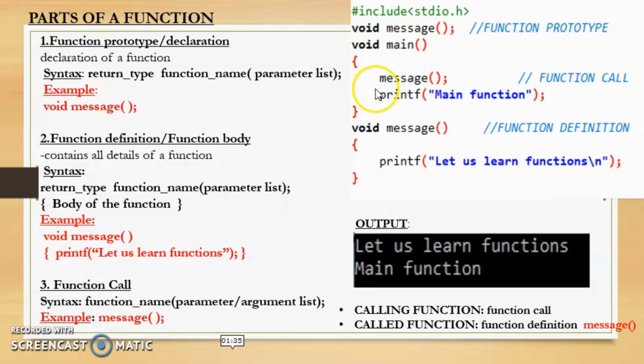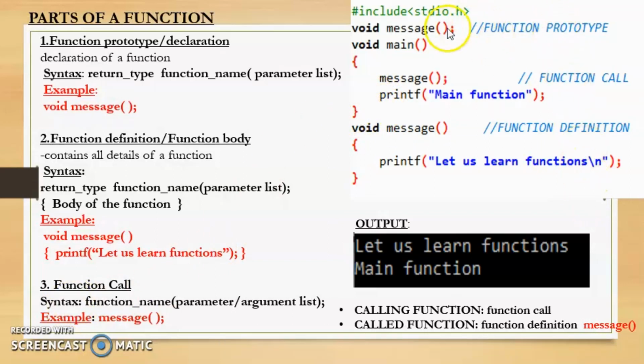Now inside the main function, this function call has already been executed. So now it will execute this printf statement. So it will print main function. So after executing this printf statement, there are no more statements over here. Hence the main function will terminate. And once the main function terminates, the entire program will terminate.